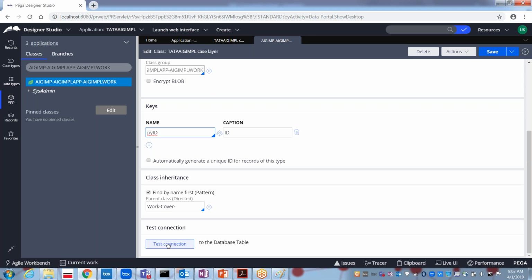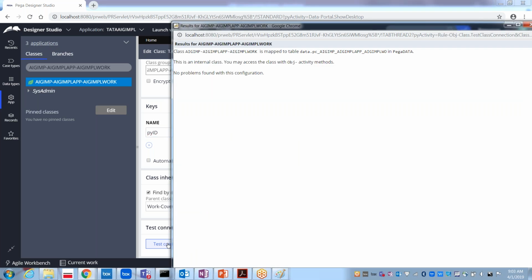We have something called test connection. It is just showing the database table to which it has been mapped. So in the database, this class is mapped to the table name PC underscore this one, and the name of the database is PegaData. This is an internal class.